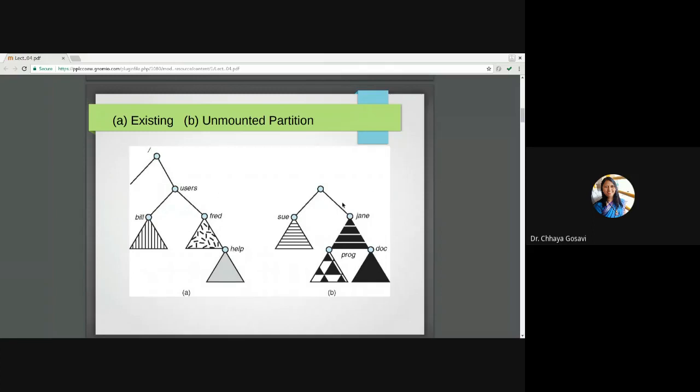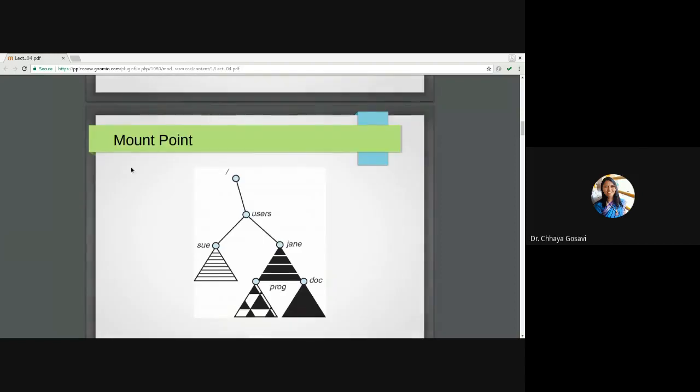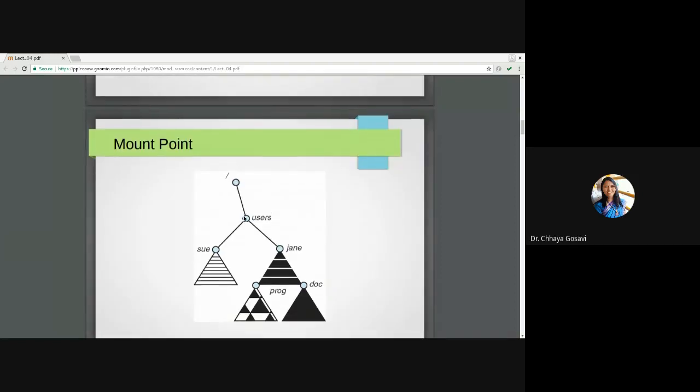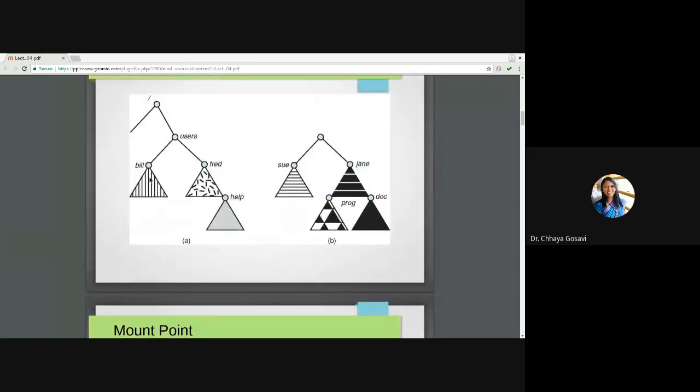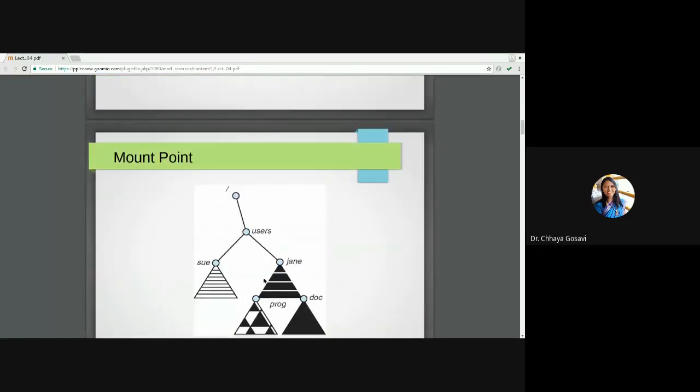And this is a new file system. Suppose this is on our pen drive, and we want to connect these two file systems. And the mount point is, say, user. So after mounting this unmounted partition here, in user, now you can find su, jain, prac, and doc files.